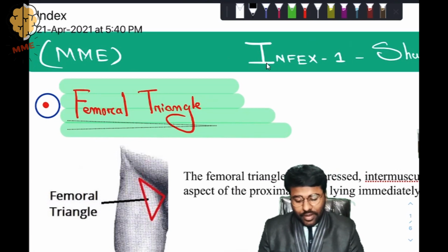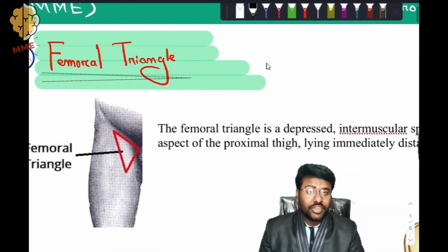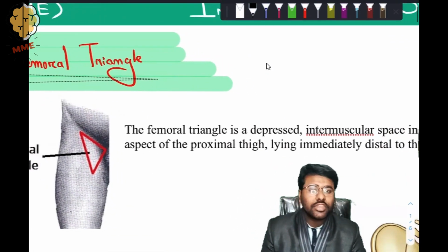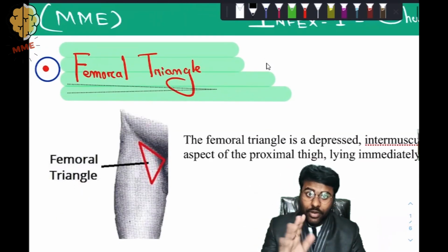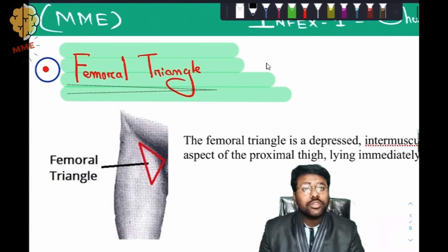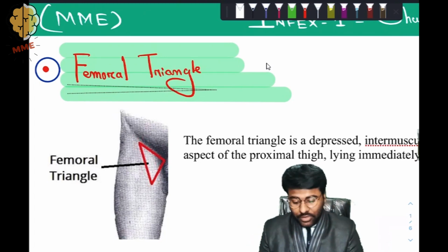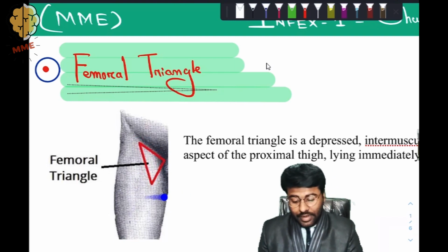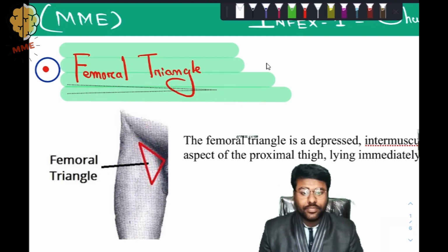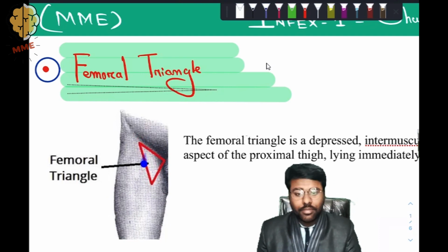So the femoral triangle is a depressed area which is actually an intermuscular space, and this intermuscular space is mainly present in the anteromedial aspect of the proximal thigh. So what is the meaning of these terms? Actually, this is the anteromedial aspect of the proximal area of the thigh. It's very easy. And this is actually an intermuscular area,